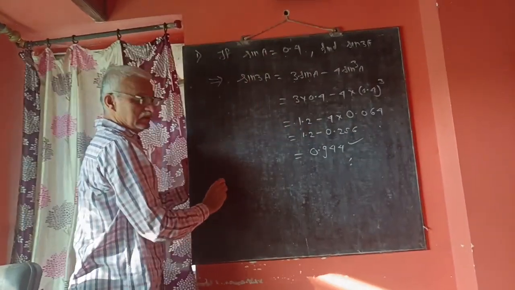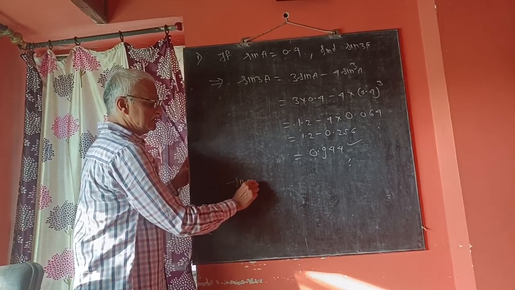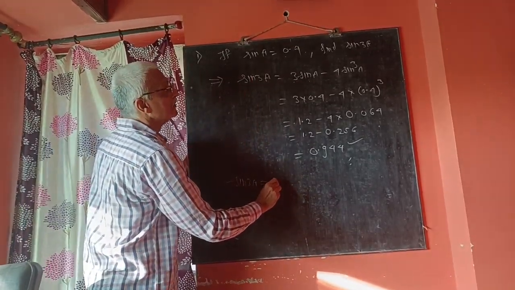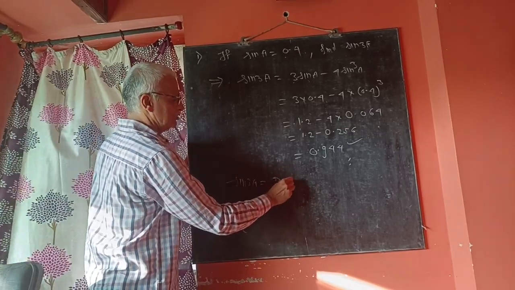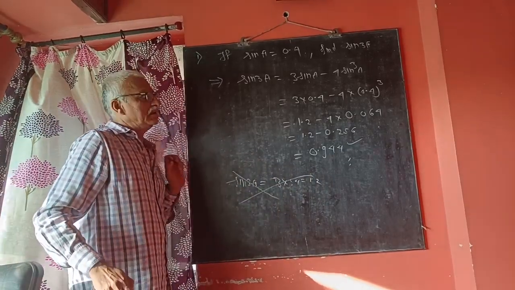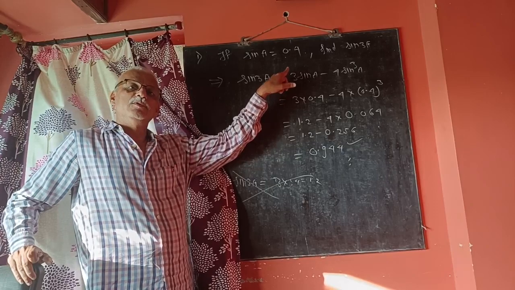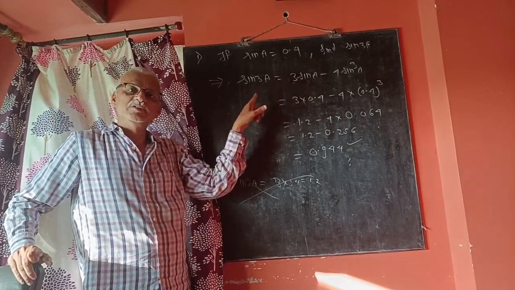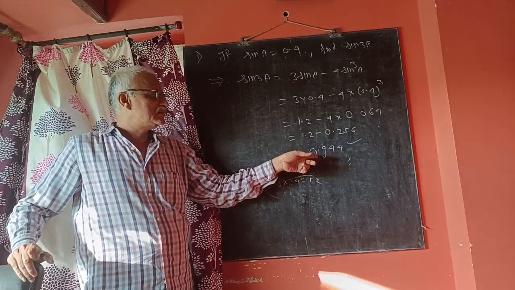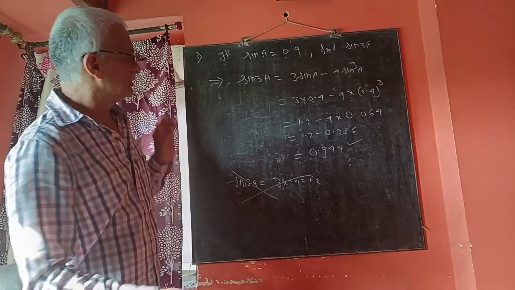In the exam, some students solve this problem like this: sin 3a is equal to 3 into 0.4, which is 1.2. This is completely wrong. If you have to find sin 3a, then first write down the formula of sin 3a, substitute the value of sin a in that formula and calculate it. Your correct answer is 0.944. We will solve the second problem.